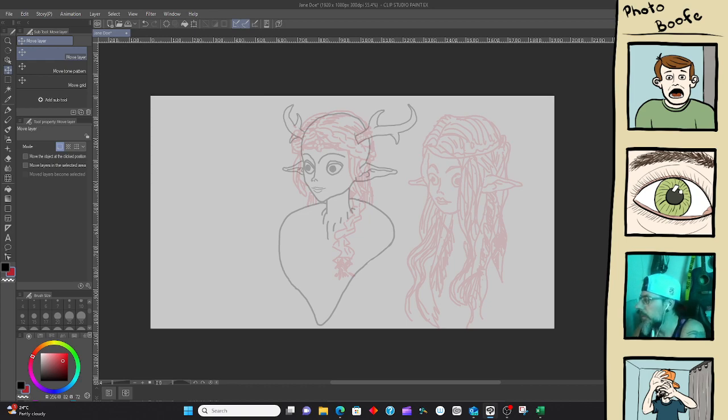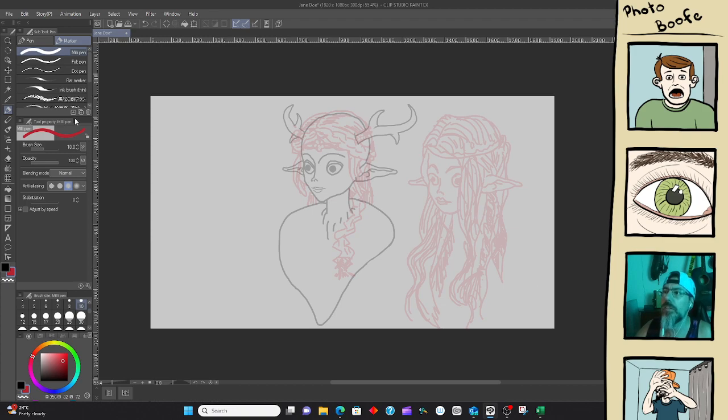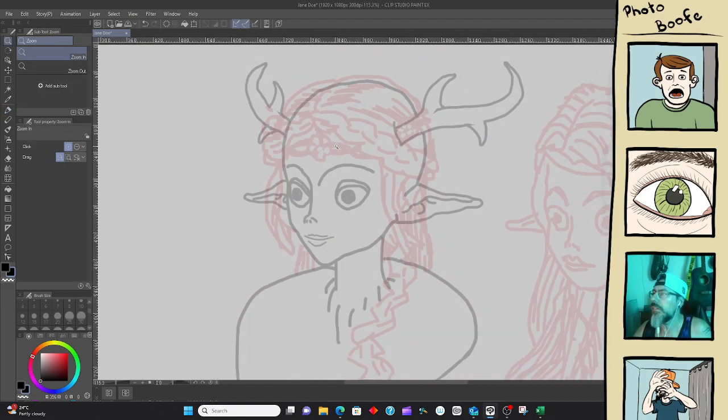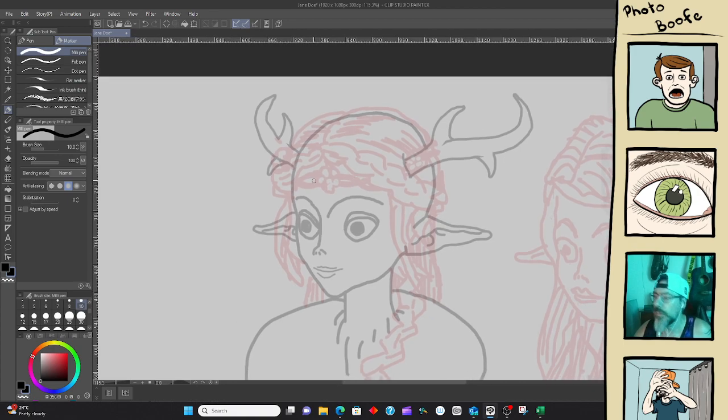Alright, so let's go ahead and jump into a rough layer. Grab the right drawing tool. Go to that color. Might zoom in a little to see what we're doing here.